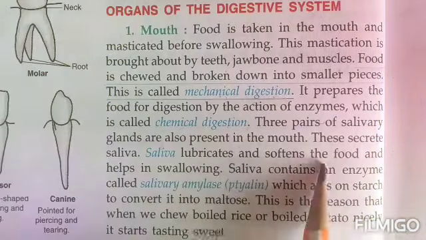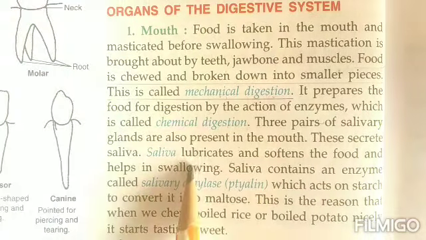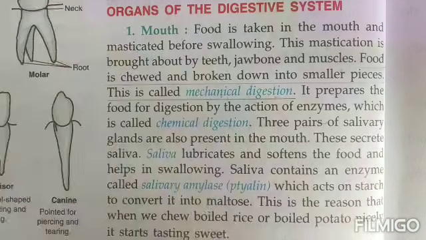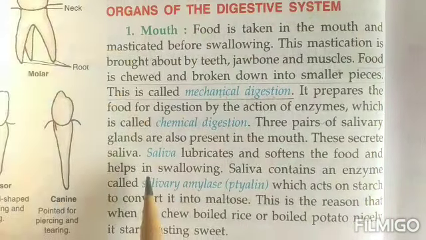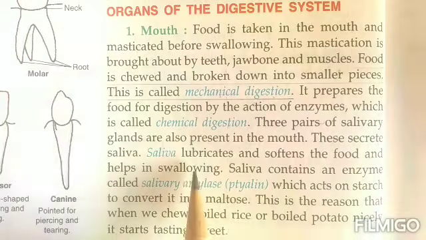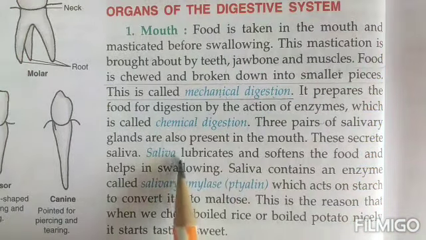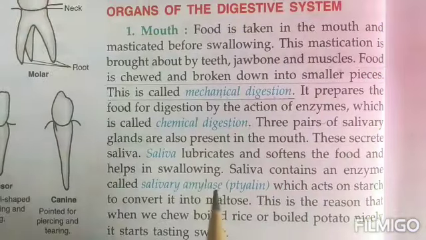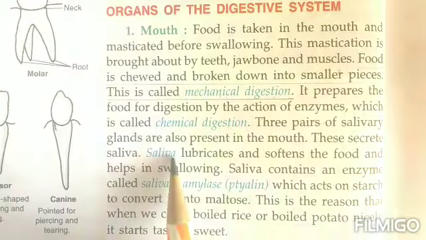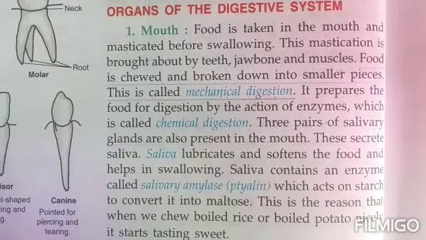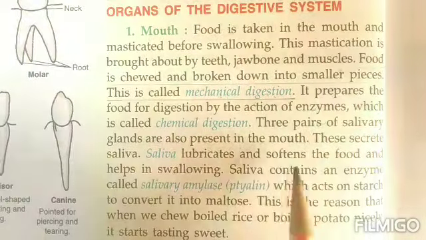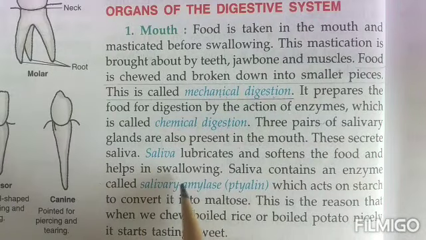Now, what is the work of this saliva, the liquid that is present in your mouth, children? It lubricates and softens the food. First, it lubricates. Because the food is in the form of dry stuff, who will give it a lot of lubrication? It is made wet and lubricated with the help of saliva. And this lubrication will also soften the food. That will become very, very soft. And if the food is soft, then it will help you in swallowing. You will easily be able to take it in.